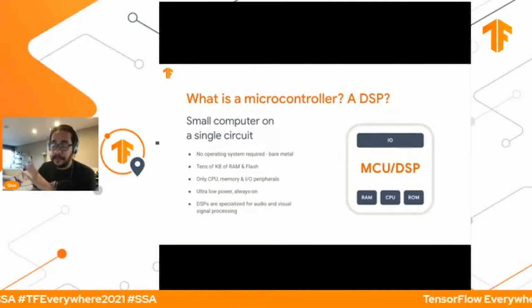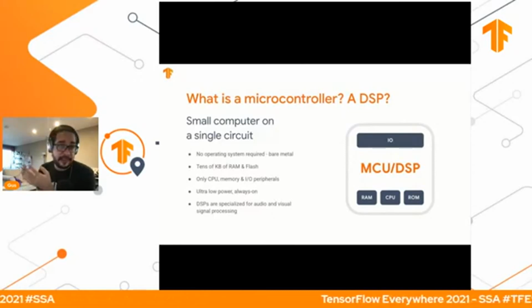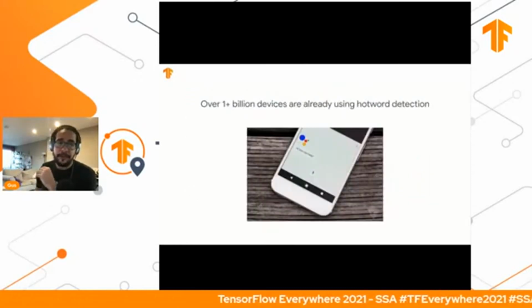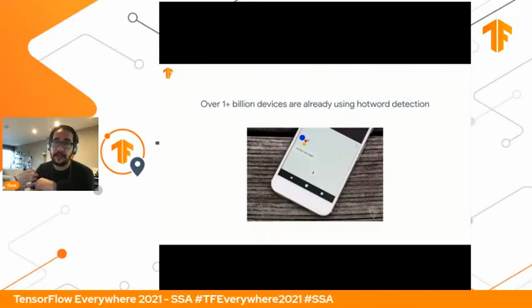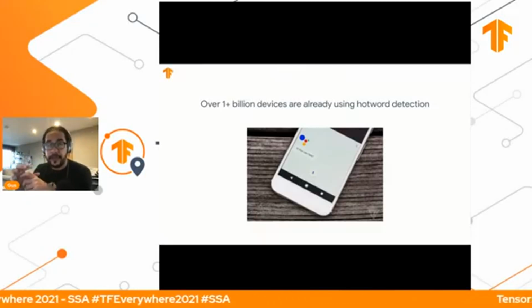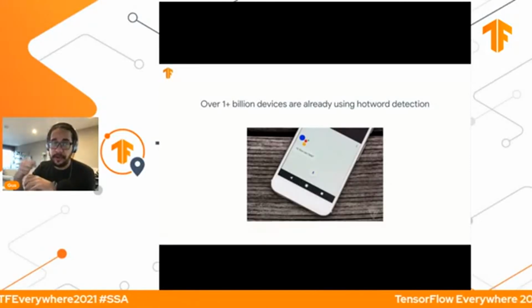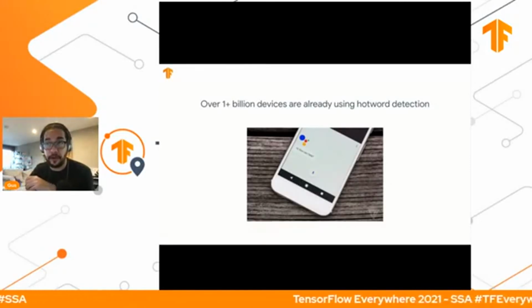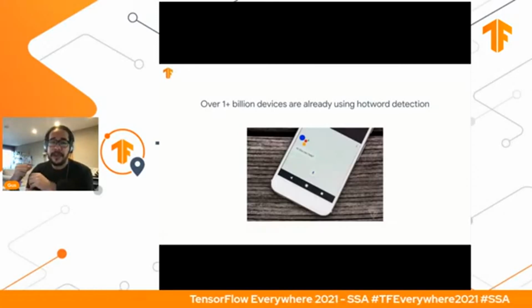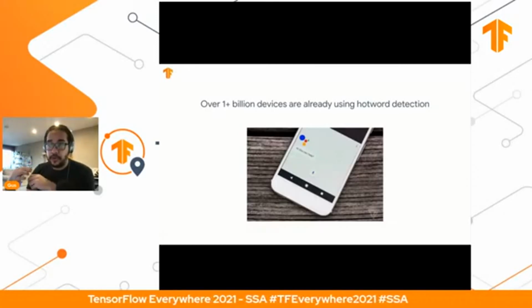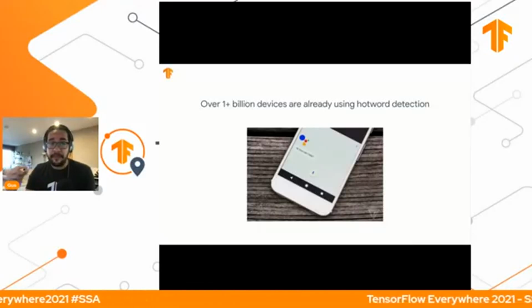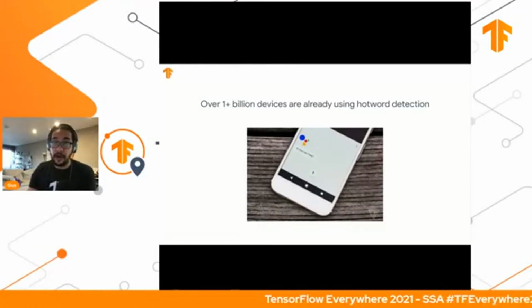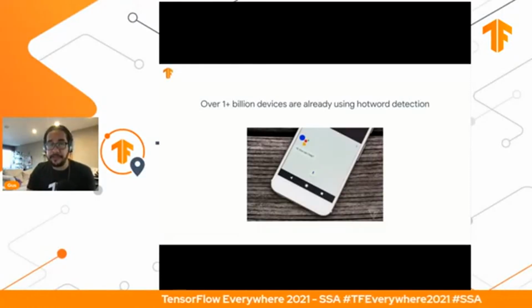And even if you think you're not using any DSP already, you kind of are, because when we do hot word detection on Pixel devices or other phones, they are running a model for keyword detection on the DSP of your phone. Your phone has this kind of chip too. And because they do not use that much power, they are very good at conserving energy. Keeping a model running on it all the time doesn't spend too much battery of your phone.